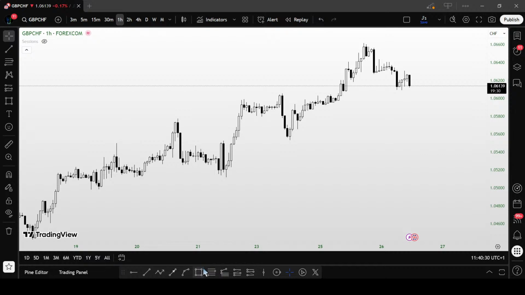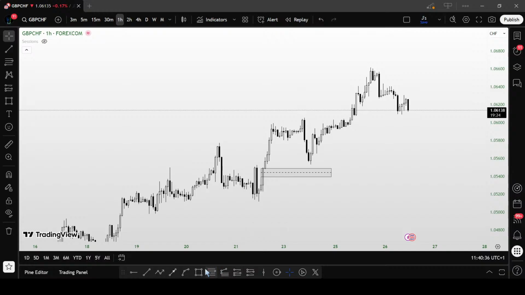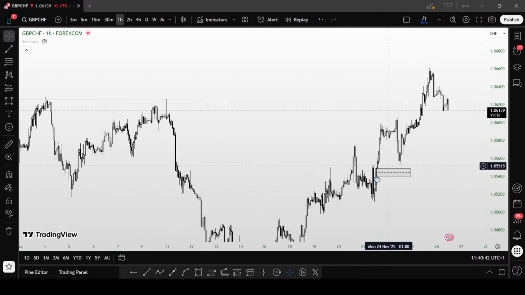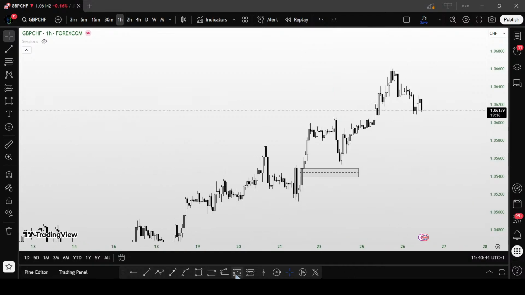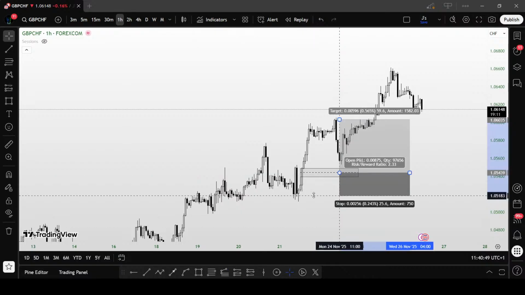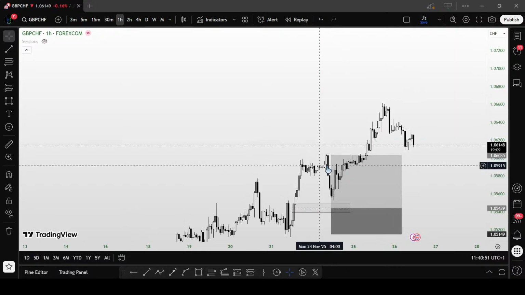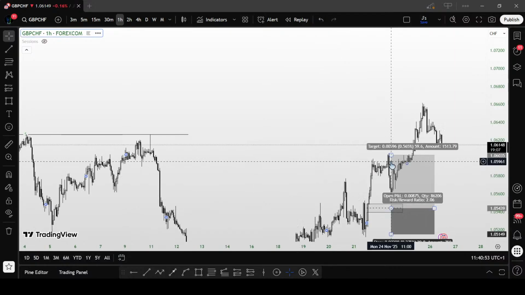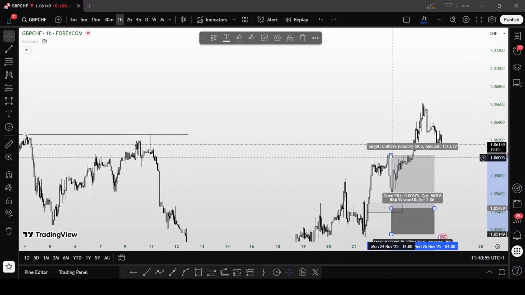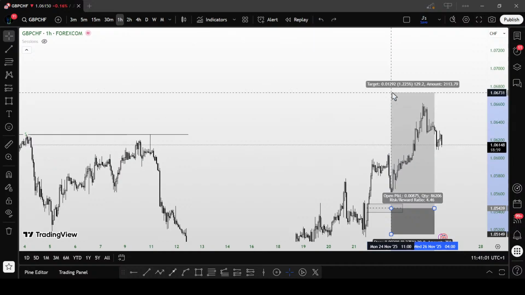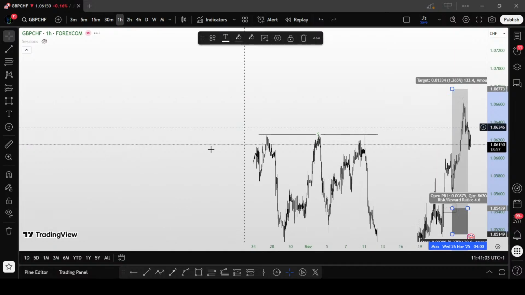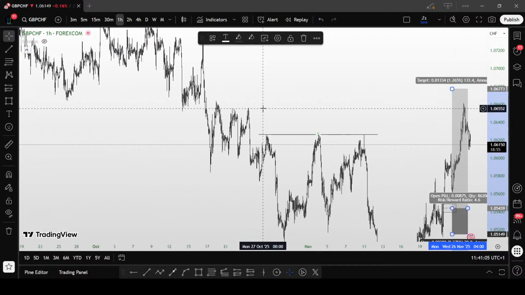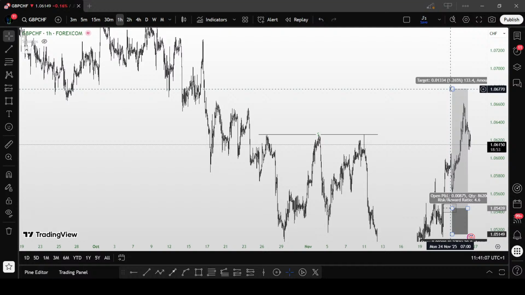So this here was actually my entry, the 1 hour fair value gap, and I had very high hopes that I'm going to at least make a 1:5 from this particular pair, and no, we actually got snubbed. The setup was around here. This here was the sweep, and this was supposed to give me a 1:3 around that, but I was actually targeting a 1:5. I think there was another high over here. Yes, this is what I was targeting.